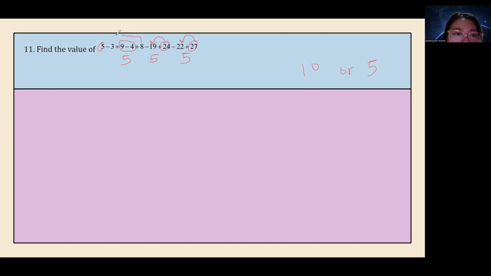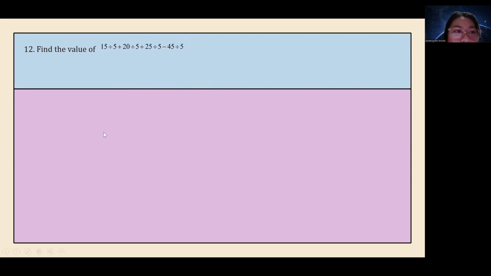Okay. How about, okay, we already have a 5 here. So that means we will only have this pair, 8 minus 3. So 8 minus 3 is still a 5. And then we will include this 5 here. Okay, so all are being added now. So we are adding 5 times. 1, 2, 3, 4, 5. So that's basically 5 times 5 equals 25. Okay, skip count by 5, 5, 10, 15, 20, 25. So the correct answer here is 25.